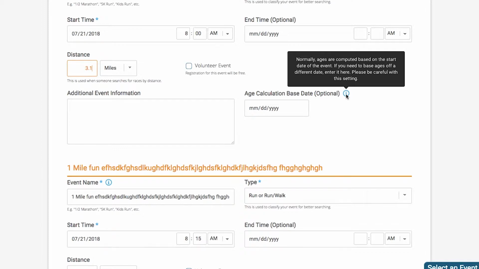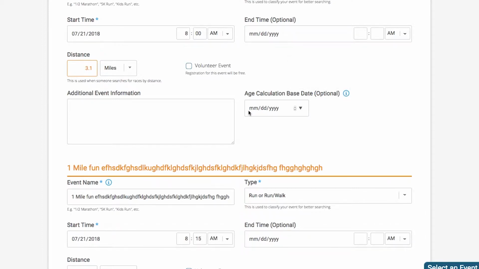Now, if you're putting on a series, this might be something a little bit different. Maybe if you're putting on a series, maybe you want to find out if you're going to do all the events of the series, we're actually going to do your age on the last day of the series or the first day. If there's point systems based on which age category you're in. Or if you're doing triathlons, you would put in 12/31 of that calendar year, if you're a USAT sanctioned event, for those of you that are on the triathlon side. So we'll leave it blank because it's just